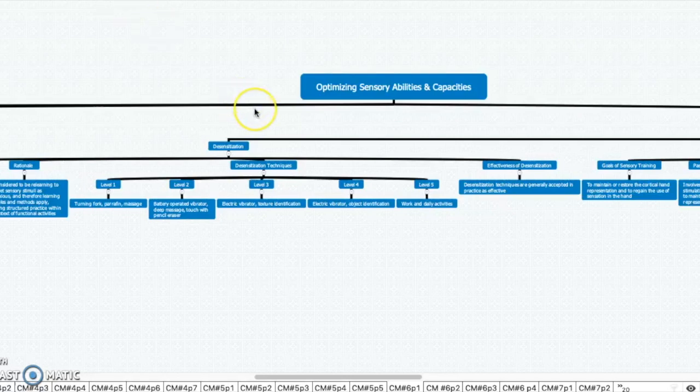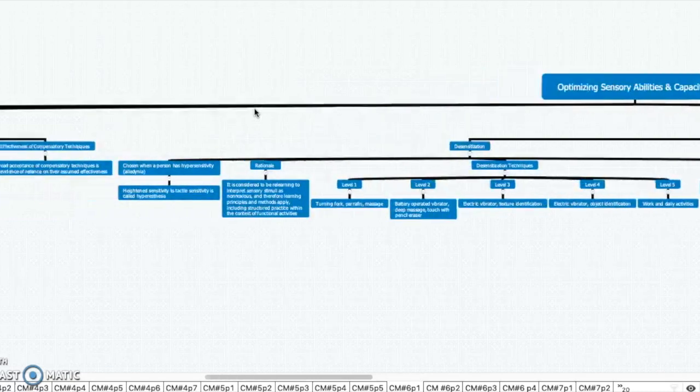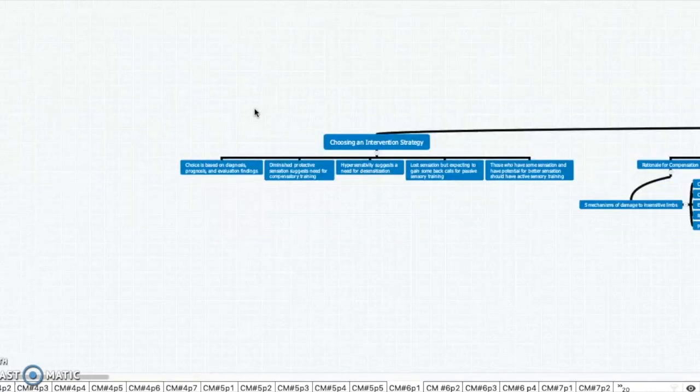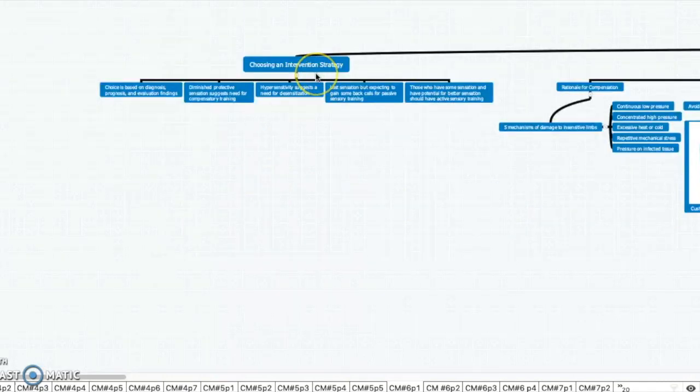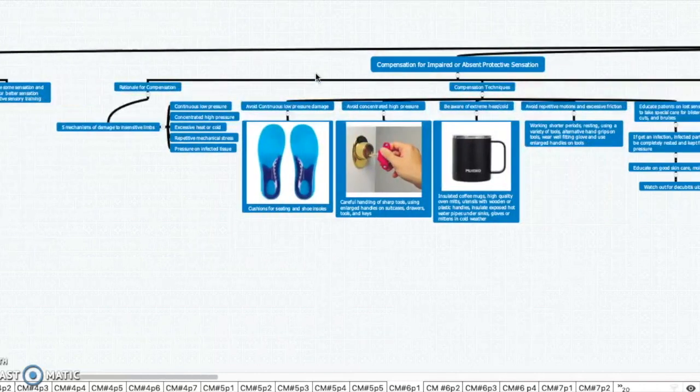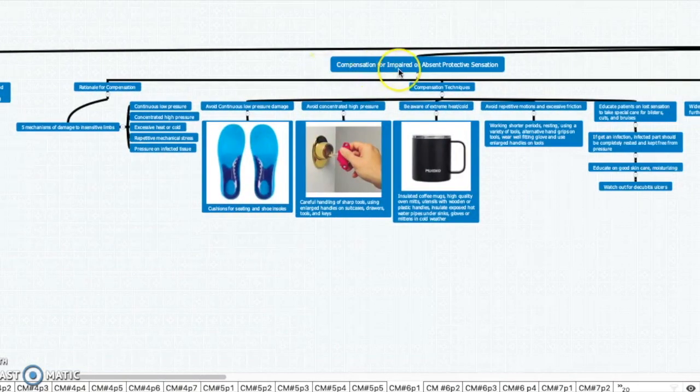This is Quan Nguyen, and I'm doing concept map number 6 and 7 to complete this e-portfolio. The first part of concept map 6 is optimizing sensory abilities and capacities. So first, these are the parts that you want to consider when choosing an intervention strategy. And then for compensation of impaired or absent protective sensation,